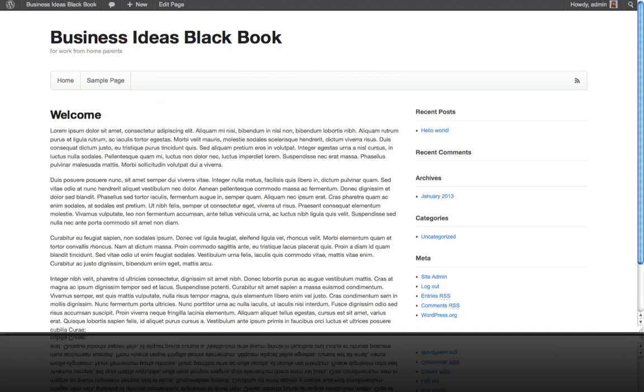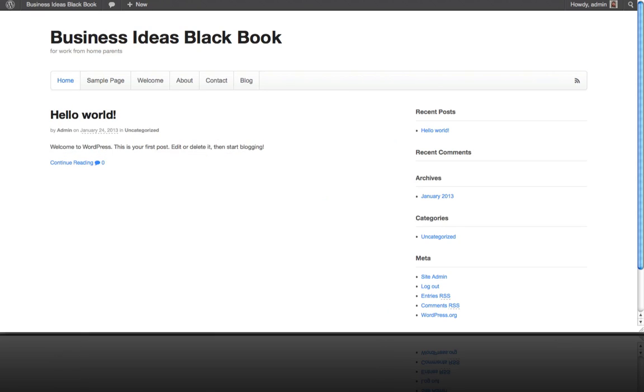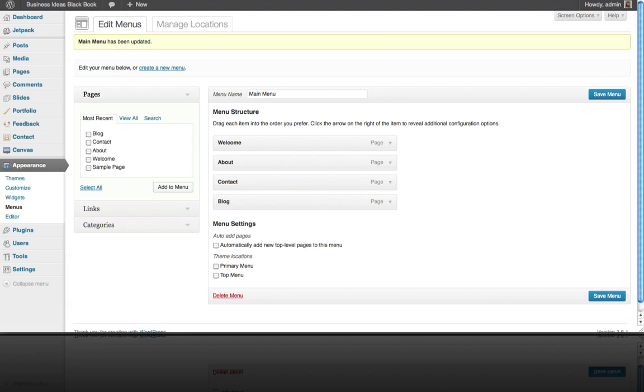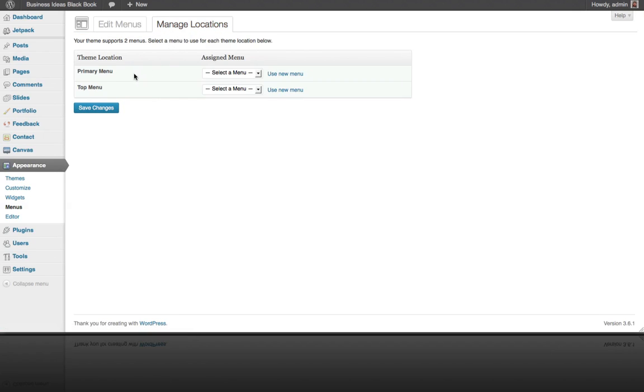And if I go over to the front end of the site and hit refresh here, you can see it hasn't updated yet. So I go back to my menu and I need to assign a location for this menu I just created. So that's the primary menu, and I'm going to select this main menu that I just created. I'm going to click Save Changes,